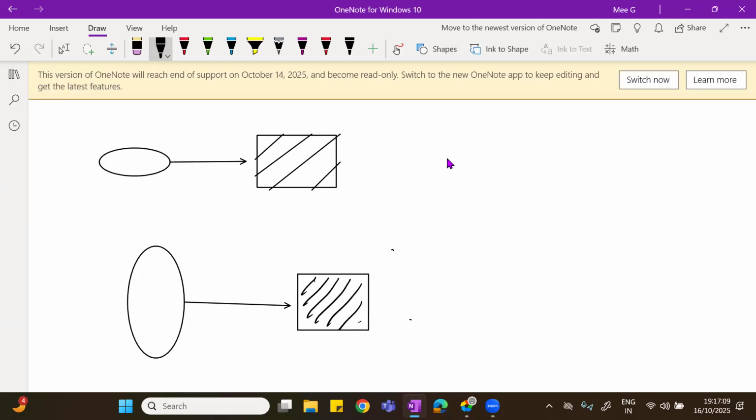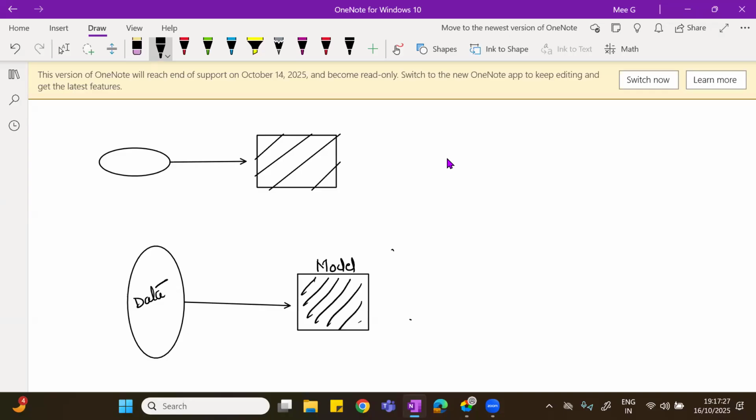Whatever data we are giving, this model will learn from this data.